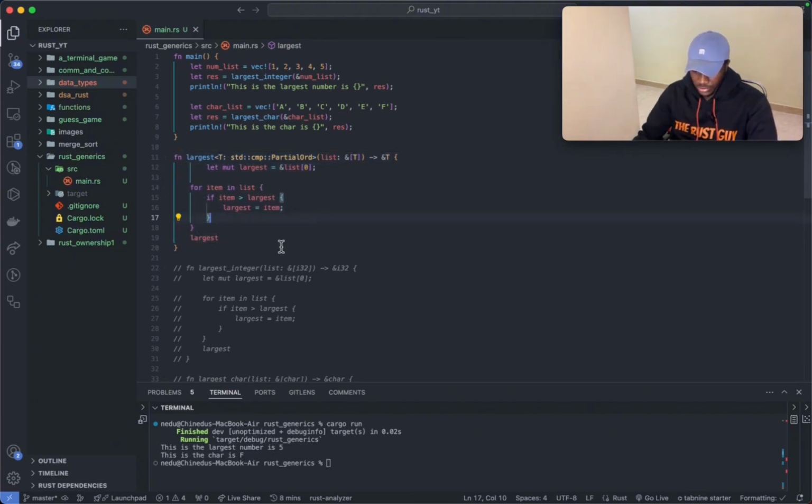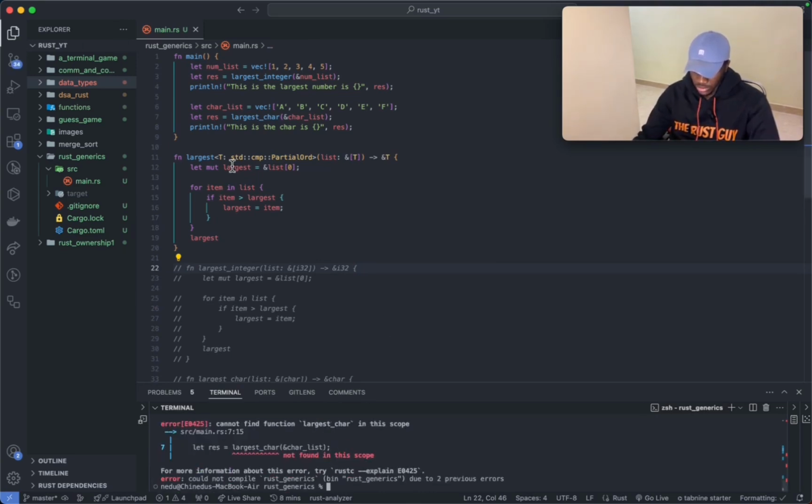Okay, so save this. So if you notice what we did here, we used it to constrain T, right? We use it to constrain T to types that can be ordered, enabling comparison within the function. So once again, if I save this and I run this code,